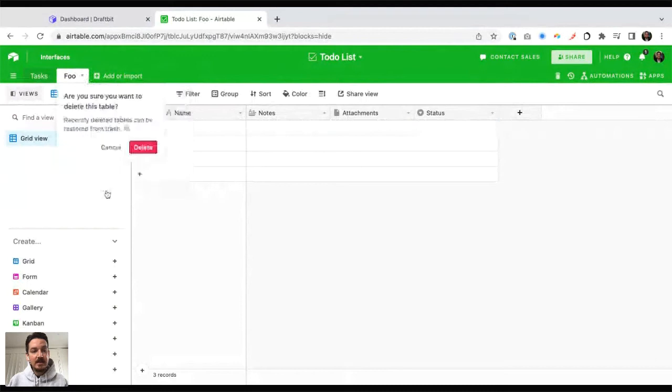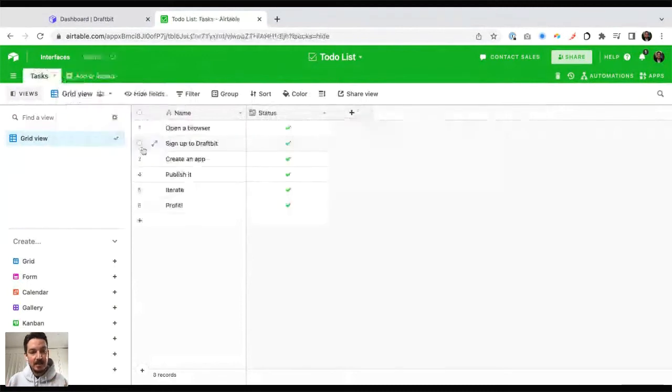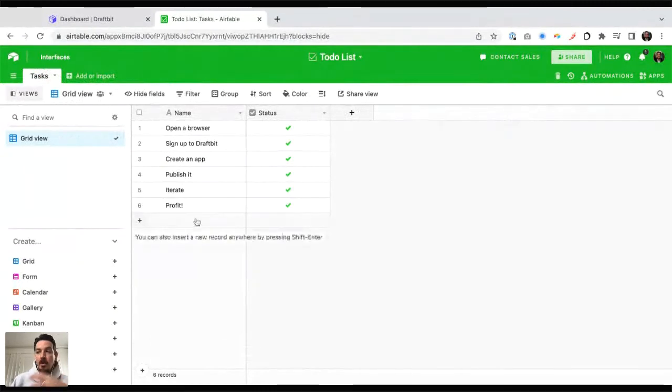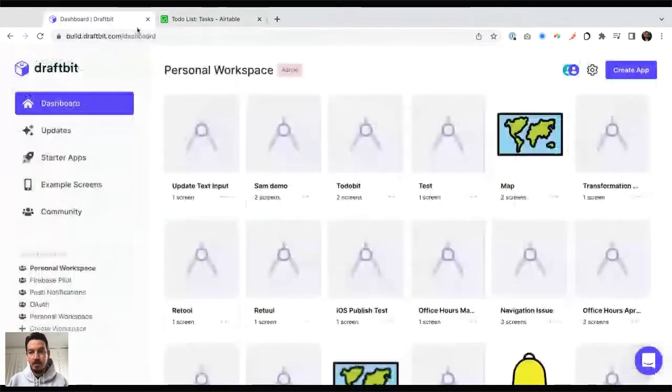In my case, I'm going to stick with my tasks table. And I'm going to keep it very, very simple to start. It's going to be a name, so the name of the task, and a status, like whether or not I've completed that task. And that's it. Maybe later on we'll do fancier things like assigning it to someone or keeping track of when you last changed the status, whatever it is. But for now, I think simplicity is a good place to go.